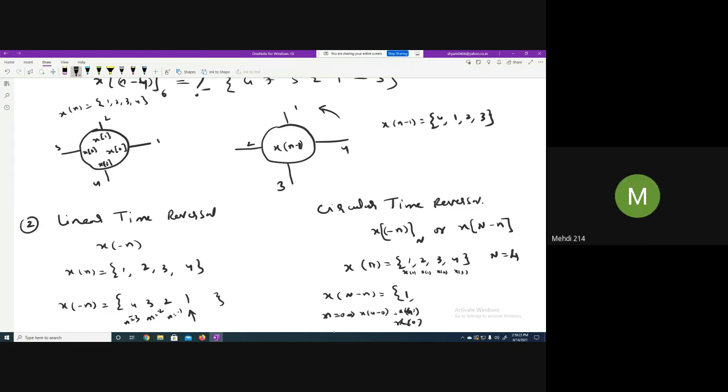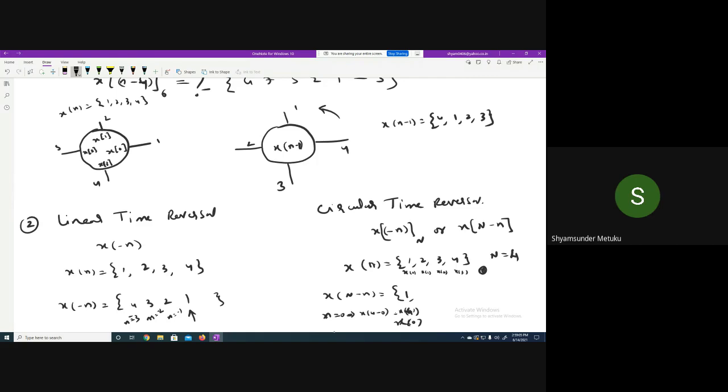Generally in our previous discussion, when you do the shifting, when 4 is shifted towards the right side, where will it add? Towards 0, isn't it? So after x of 3, I want x of 4 basically. So can I say that whatever x of 4 is going to come here, it is nothing but whatever x of 0 is available? So that is the reason x of 4 equal to x of 0 you can write. So n equal to 0, x of 4 minus 0 is x of 4, x of 4 equal to x of 0. What is x of 0 for us? 1. So I am writing 1 here. Is it clear?